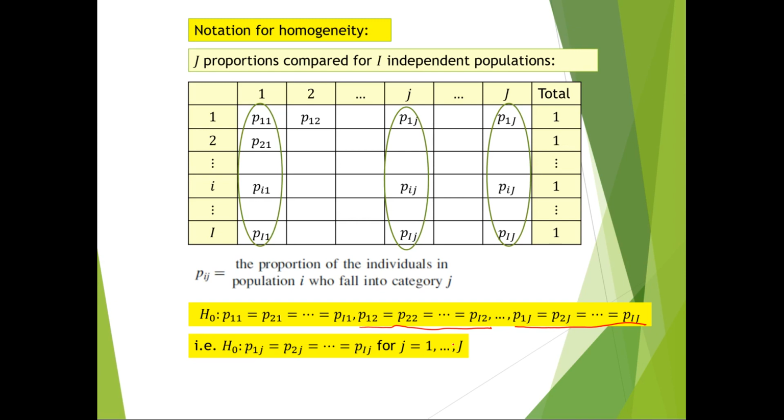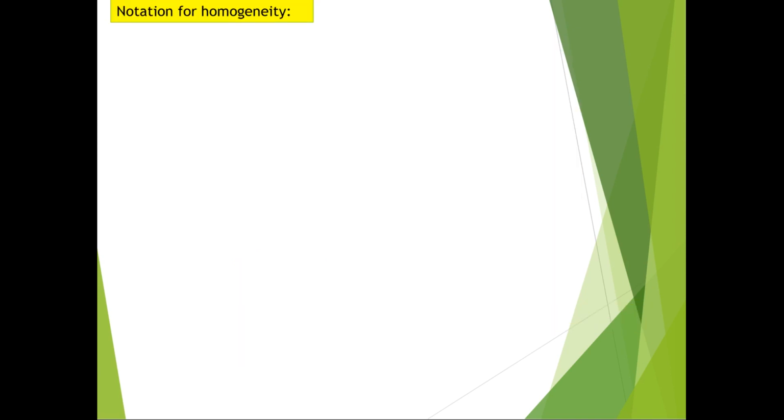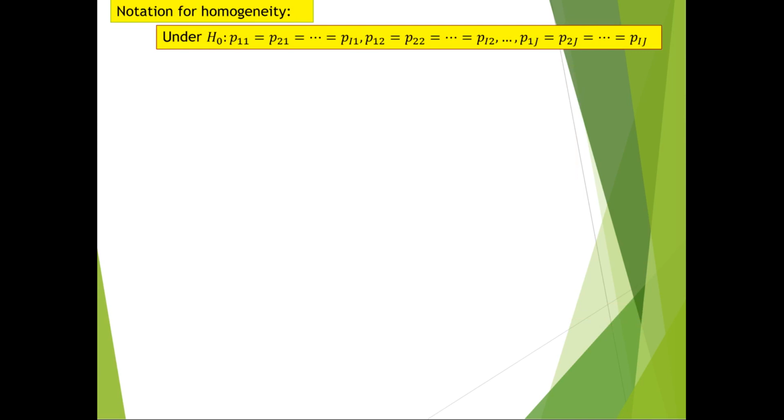And think about the coach example. We want to see whether the proportion of male and female is the same in the category with lowest experience, and then the next category of experience, and so on, because that will tell us that the distribution of experience is the same for male and female. Okay. So under the null hypothesis, we assume that all the proportions are the same in each column,